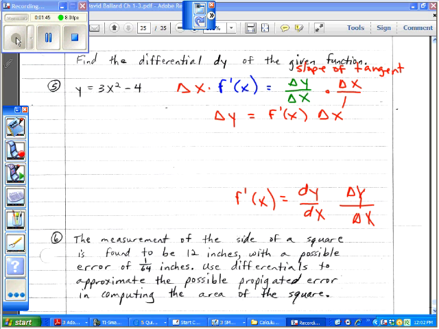So instead of change in y, I can say dy. And in place of change in x, I could say dx. And then we're kind of talking about differential y, differential x, which really, in our mind, going back to algebra 1, is changing y in relationship to change